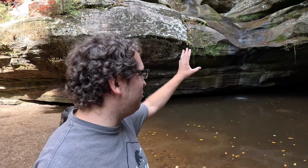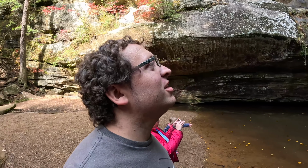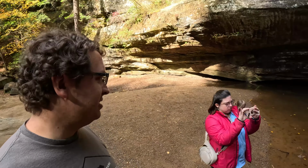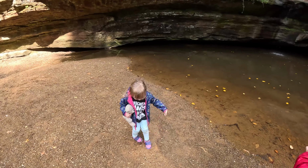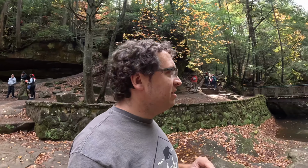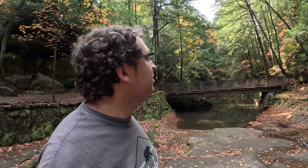All right, so we made it down here. Where I'm standing is normally flooded, but look at this. There's hardly any water. It's normally just a huge waterfall crashing into here, but I can't believe there's just no water. It's crazy. And then all of this is usually flooded, but not now. Carly's throwing rocks. We actually came down the secondary trailhead. Normally you'd come across this bridge and come like a half mile that way, but yeah, it's pretty though. All the green and the colors,